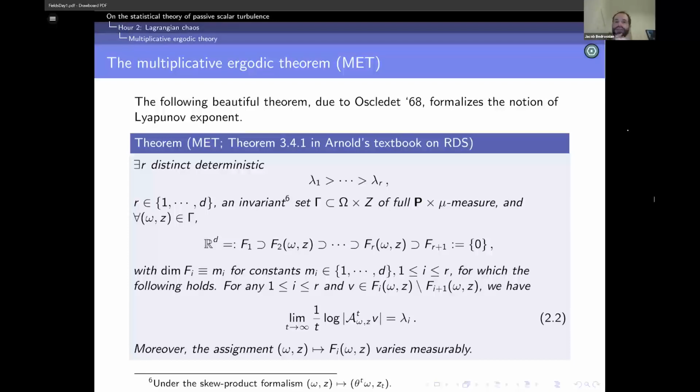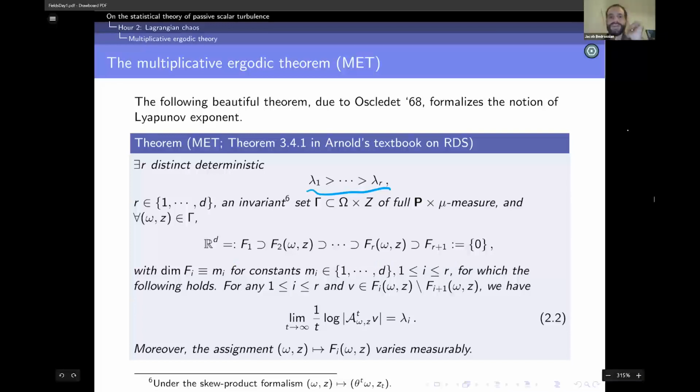And again, this is a theory from random dynamical systems, which is the key field of math which is going to rescue us. So this beautiful theorem basically formalizes the notion of an entire Lyapunov spectrum. It's proved by Oseledets. I forget how to say this person's name. Basically, there exist r distinct deterministic numbers, which are the Lyapunov exponents, and you get this crazy flag of subspaces,